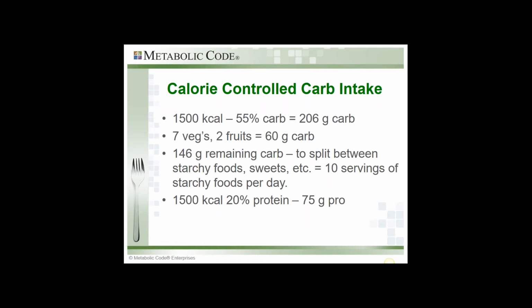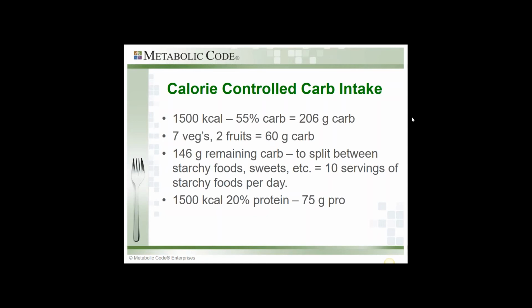So just to give you a picture of what a diet looks like when we compare a calorie-controlled approach versus a carb-controlled approach. If you look at that first line, 1,500 calories, if we calculate that out in the middle of that 50 to 60% general carb amount that is typically used, that'll come out to about 206 grams of carbohydrate per